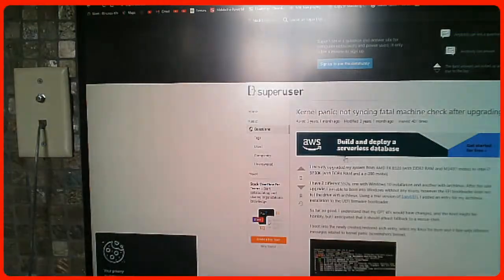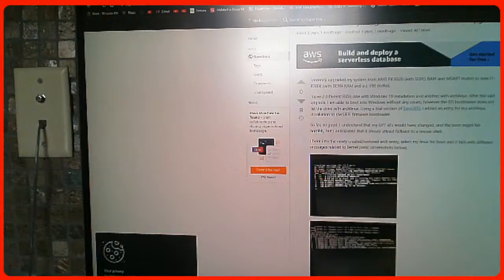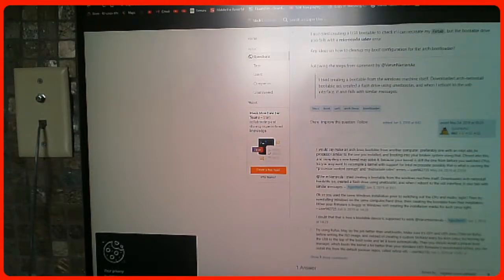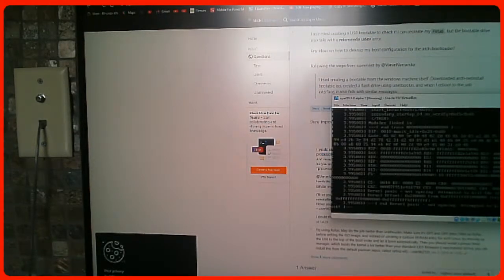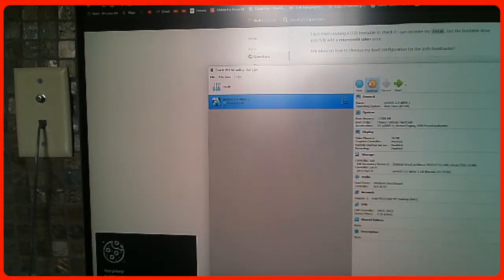Oh, this is Ubuntu. Why is there no Arch Linux? This is Arch Linux. Wait, hang on. This is another fix I tried once. I think I did it at the beginning.